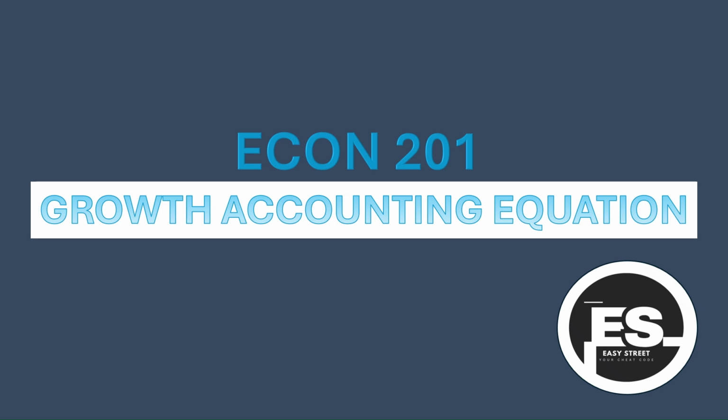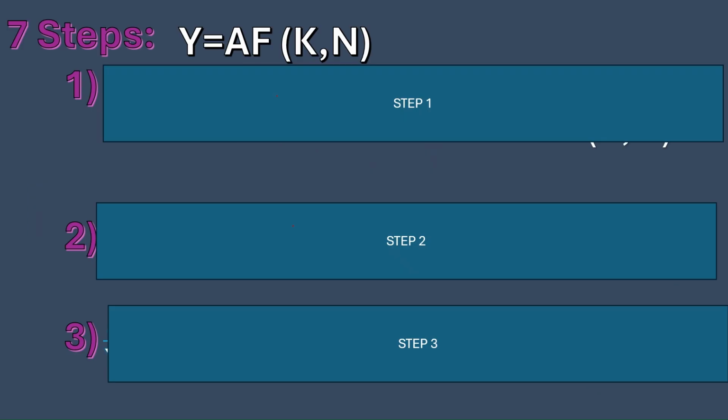So now let's get into it. We have 7 steps in the growth accounting equation. Firstly, we're given this equation Y equals AFKN. So step 1, we're going to start to